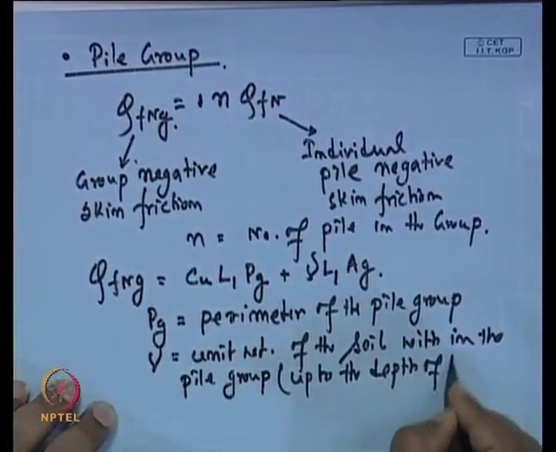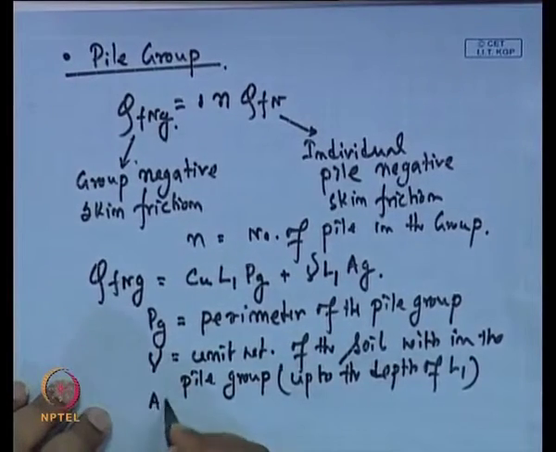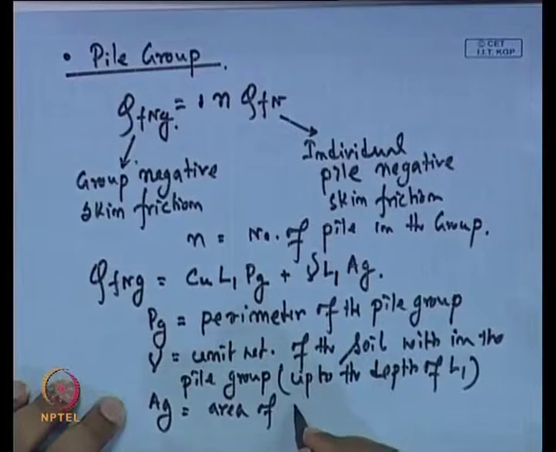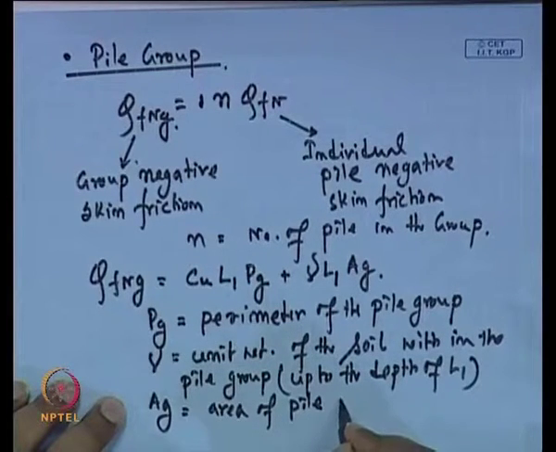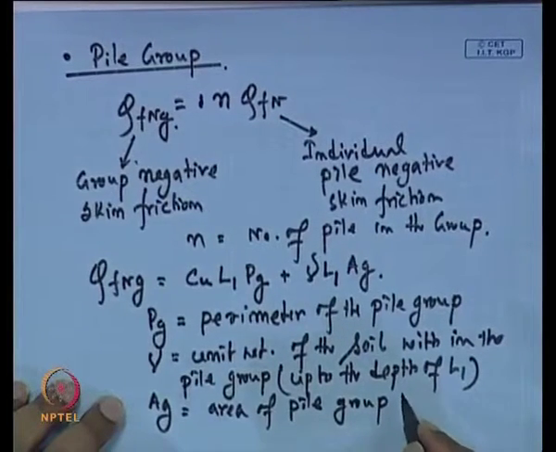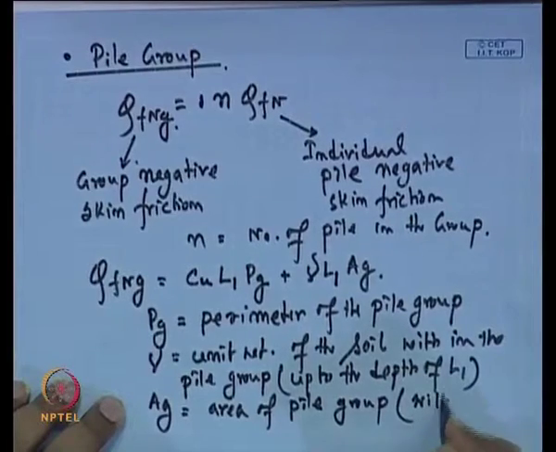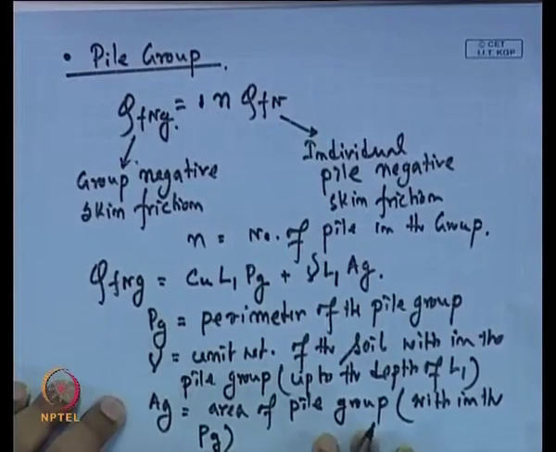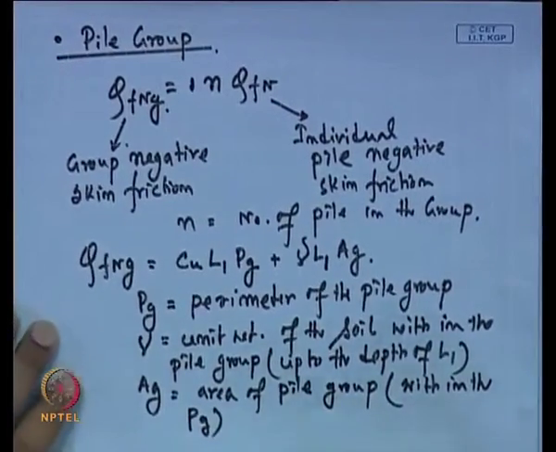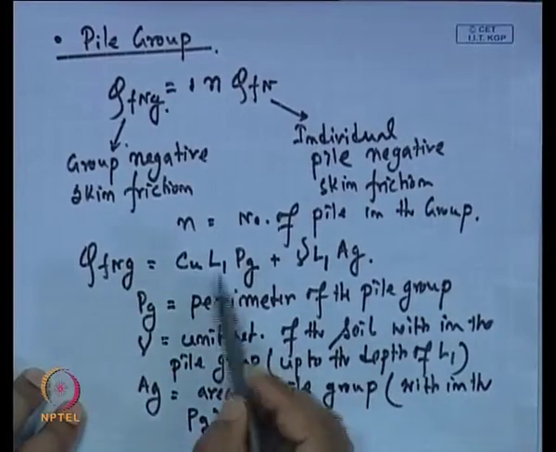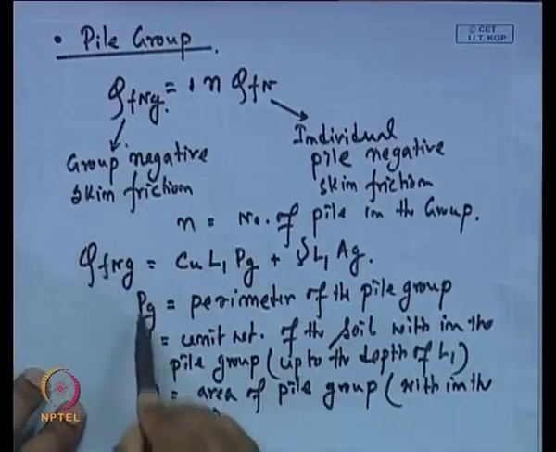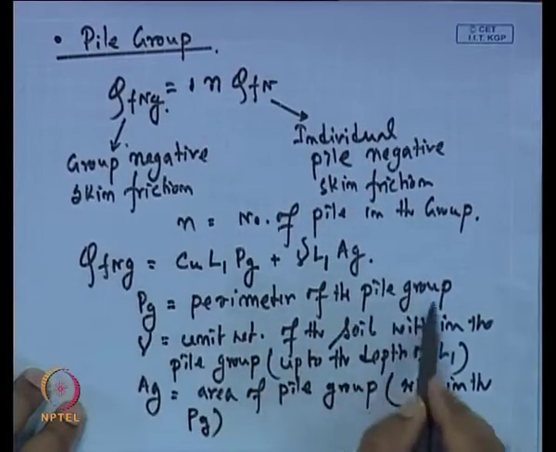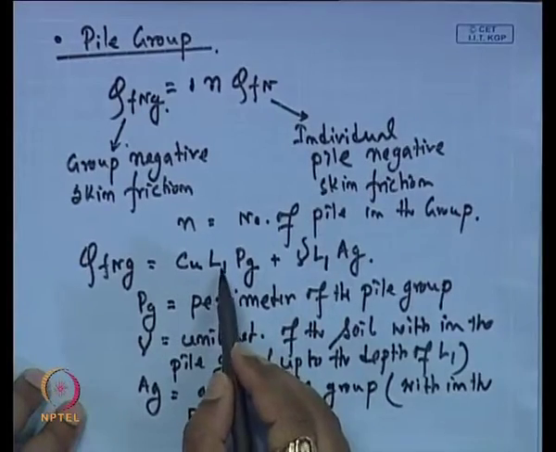and Ag is the area of the pile group that is within the perimeter Pg. So, that means this group negative friction you can calculate. If I consider the group as a block, then this is the perimeter of that pile group, then this is the length of the compressible layer into Cu,